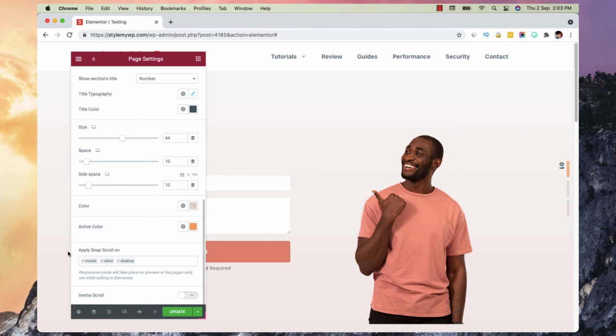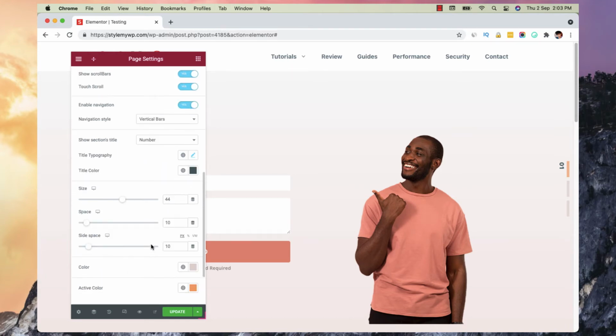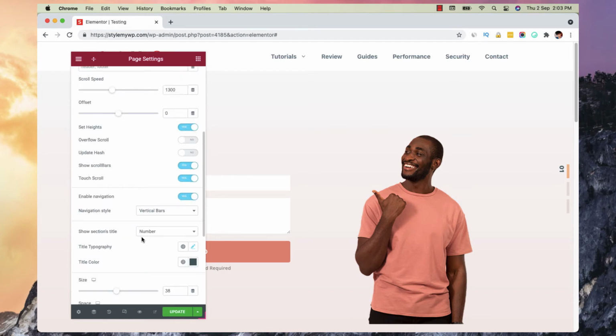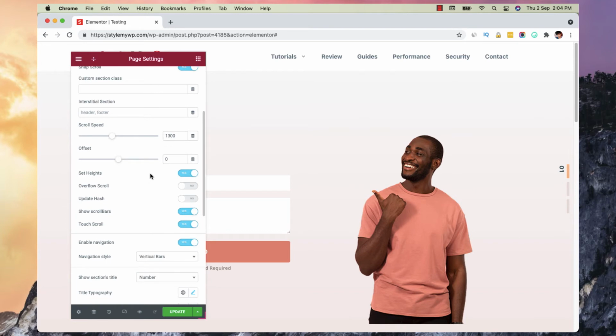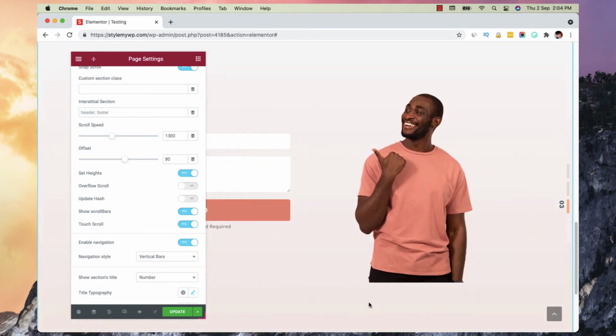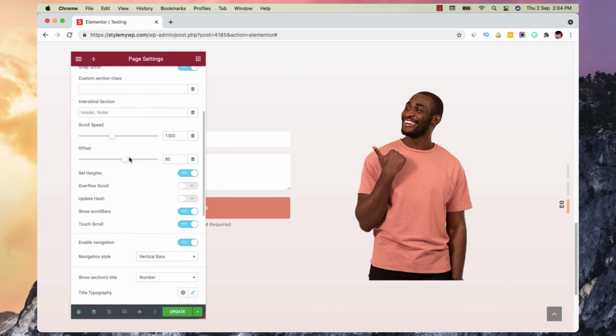And you also have the option to apply the snap scroll on devices, like the effects scroll we had. And then you have the option to resize all of these navigation items. You can do all these stylings and settings right there. And you have an option of offset as well for your effect offset from the sections. If you keep it at 0, it's good, but you can also go with something like this and it will have that offset from below, right?